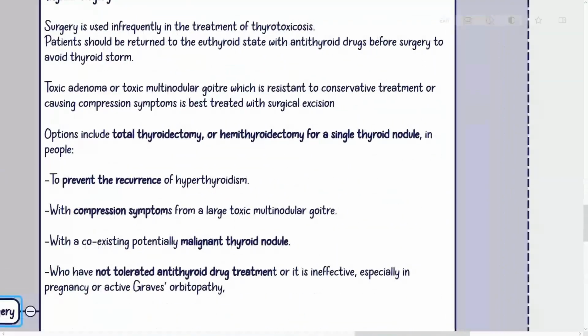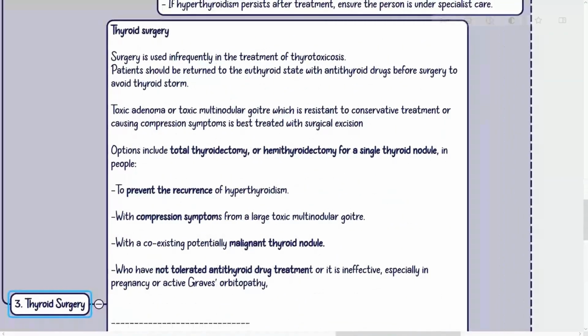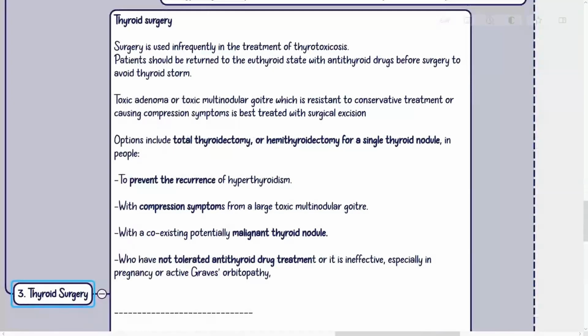Thyroid surgery. Surgery is used infrequently in the treatment of thyrotoxicosis. Patients should be returned to the euthyroid state with antithyroid drugs before surgery to avoid thyroid storm. Toxic adenoma or toxic multinodular goiter, which is resistant to conservative treatment or causing compression symptoms, is best treated with surgical excision. Options include total thyroidectomy or hemithyroidectomy for a single thyroid nodule in people to prevent the recurrence of